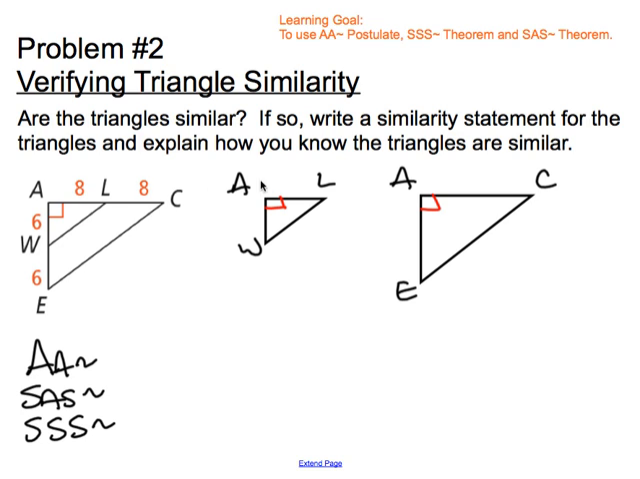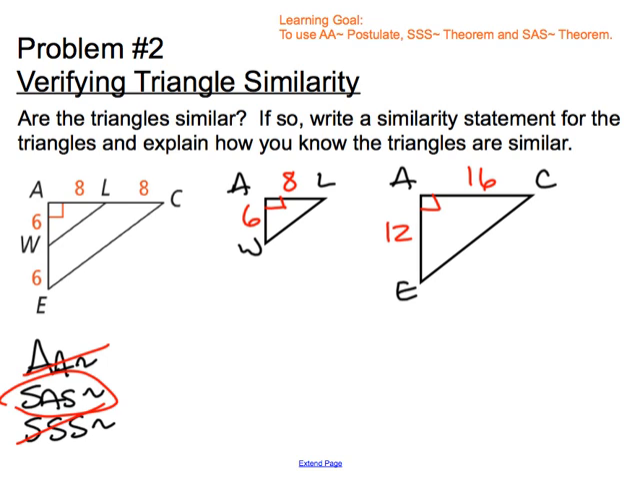A to L is 8, A to W is 6. The distance from A to C is the combination of two parts of 8, so we have 16. And the distance from A to E is 2 parts of 6, so we have 12. We have only a single angle, so angle-angle similarity is out, and since we don't know the third side, side-side-side similarity is out. It looks like if we're able to do this, it will be based on the side-angle-side similarity